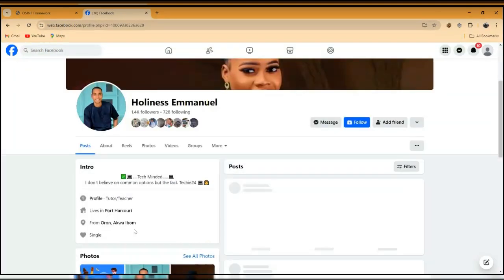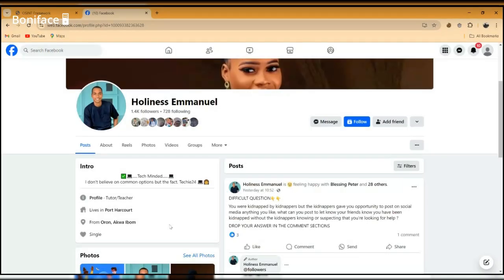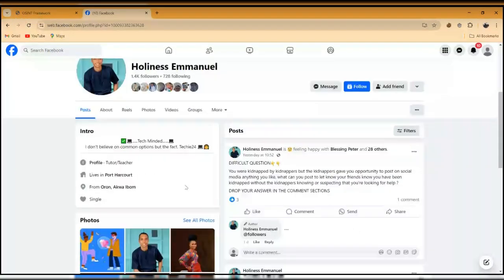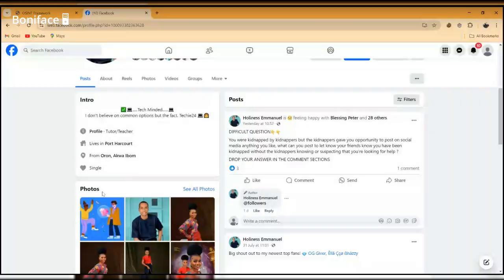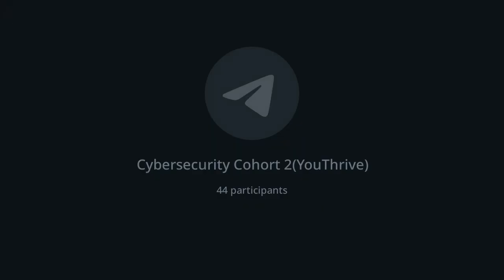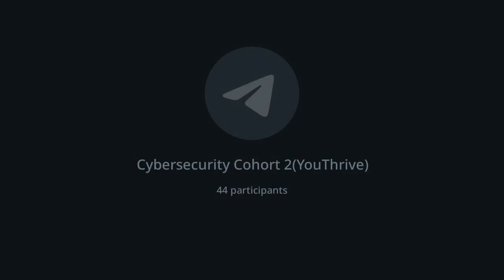He's from Akwa Ibom, so maybe he's Efik or Ibibio. I don't know if I'm mistaken. I think it's either Efik, Ibibio, or Calabar, one of them. So from there we can see different information about him. If we want to gather more information, we can just go to his About.